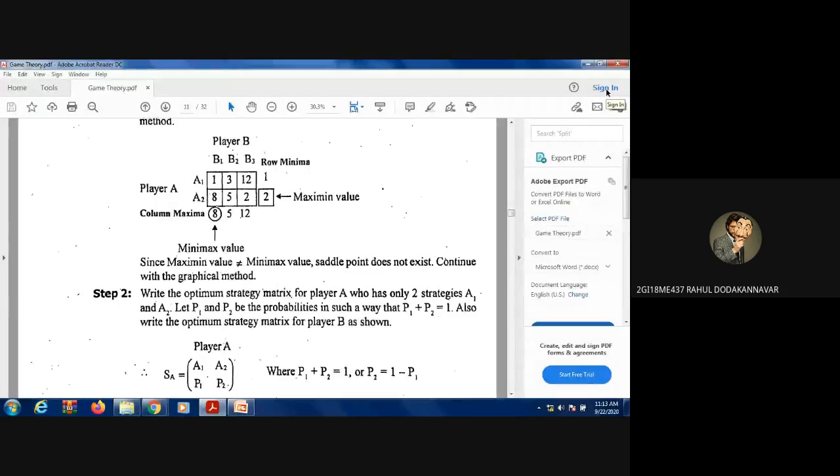Sir, they have not taken those alternatives. They have directly taken the line points in the matrix, and drawn the graph. So we took these values, but we are not getting the correct answer, sir. With the alternatives, we are not getting the correct answer. Yeah, correct.